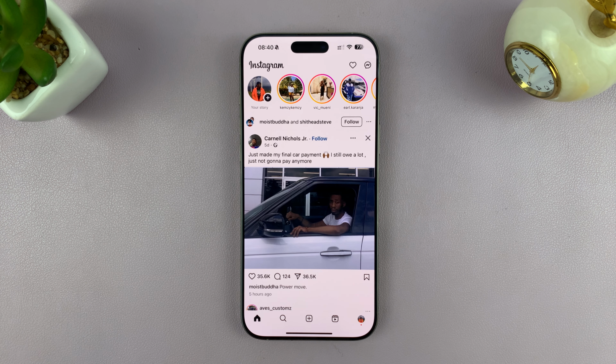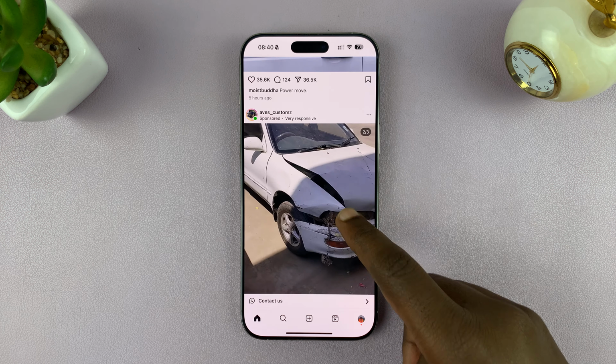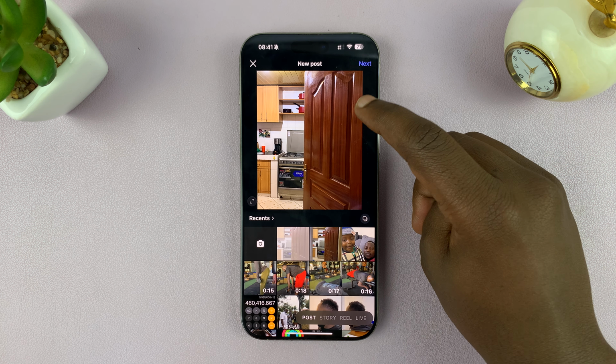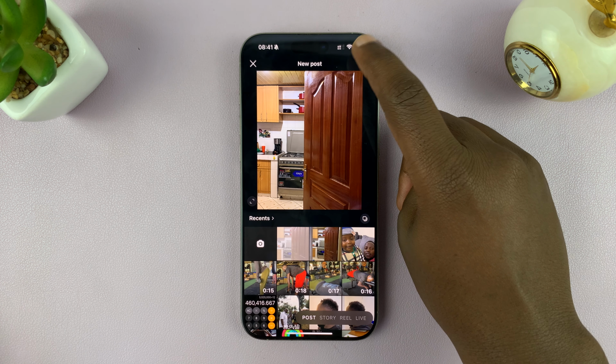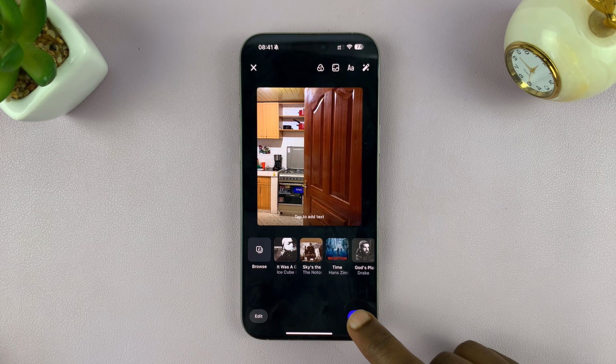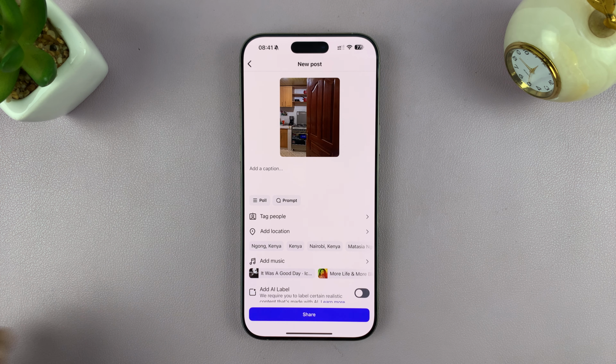So if you want to collaborate on an Instagram post, all you have to do is go and start creating the post. So I'm just gonna go ahead and create this post, for instance. Okay, so I'll select my photo or Instagram reel or whatever it is, tap on next. The next thing you want to do is go through this, tap on next, and then when you write a